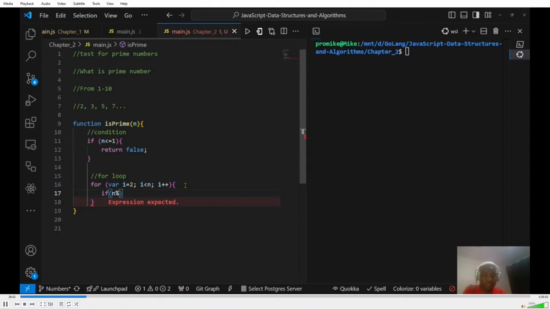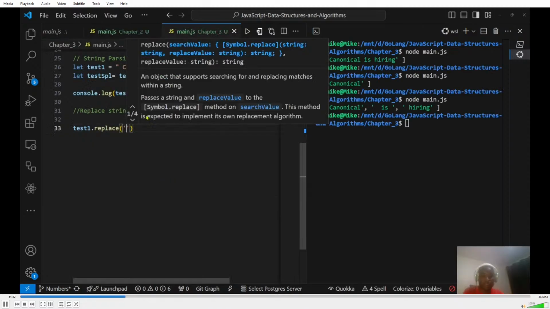So I have an array now. Then I can say Tesla, I can say Google, then I can say Canonical. And we want now to use for each here. Then I can say array